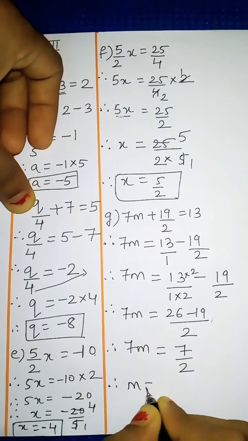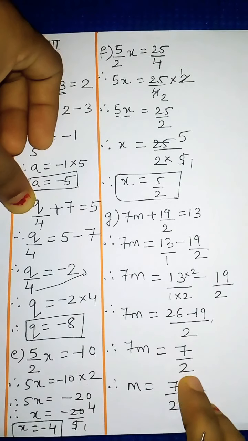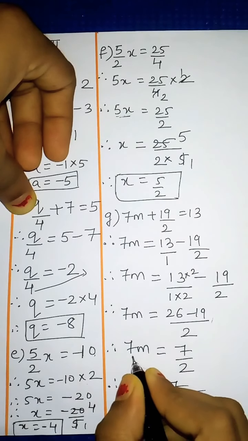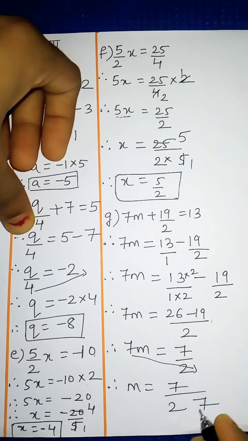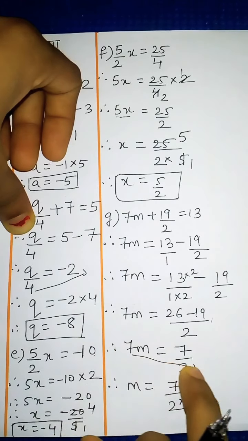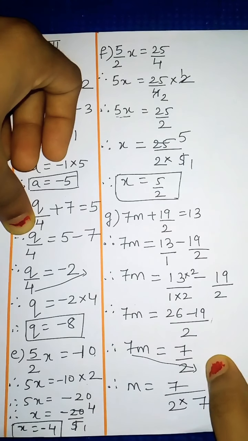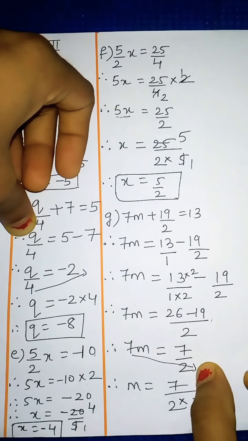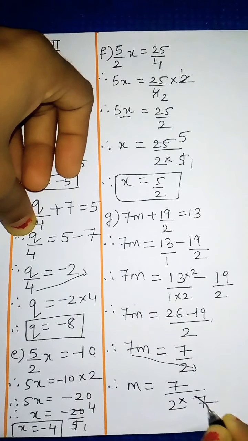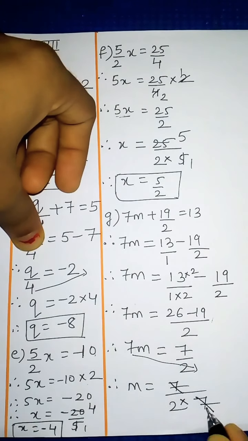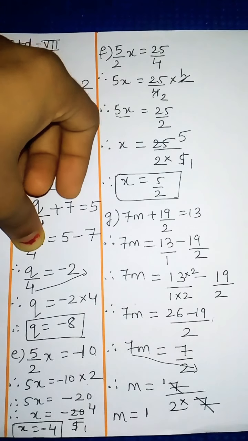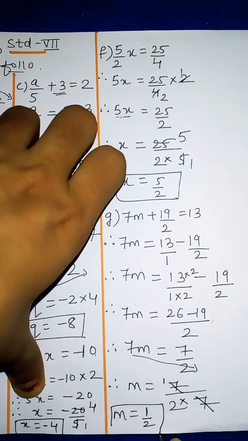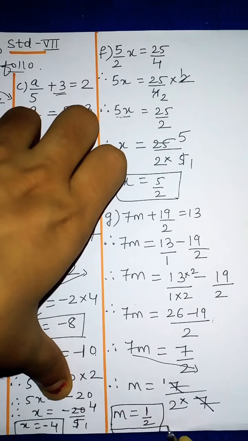So we have to write it. We have to take it here, but here already one number is there, again 2 is already there, and this 7 also we are bringing here. Okay, already one number is there and 7 also we are bringing. So between these two numbers, which sign will be there? Multiplication. So this 7 will come here and it will be in multiplication with this number. So 2 into 7. Now 7 and 7 cancelled. 7 ones are 7. So here 1 is left. On the top no number means 1 is left, and in the denominator 2 is left. So this is our value of the variable. So m equal to 1 upon 2.